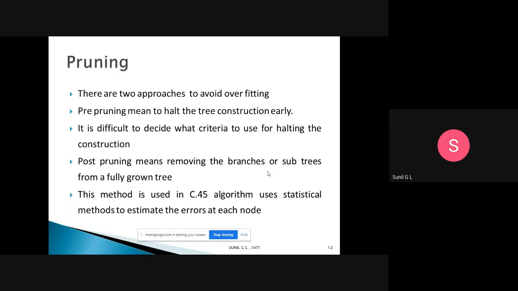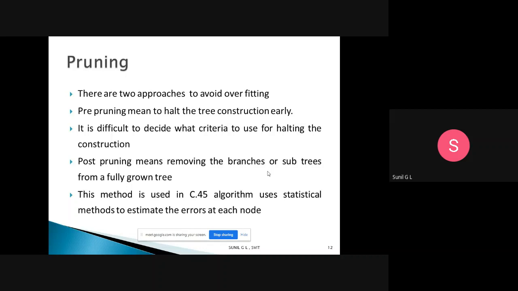What do you mean by pre-pruning? Pre-pruning means to halt the tree construction early. Before construction of the whole tree, you halt the tree construction at an early stage. But it is difficult to decide what criteria to use for halting the construction.